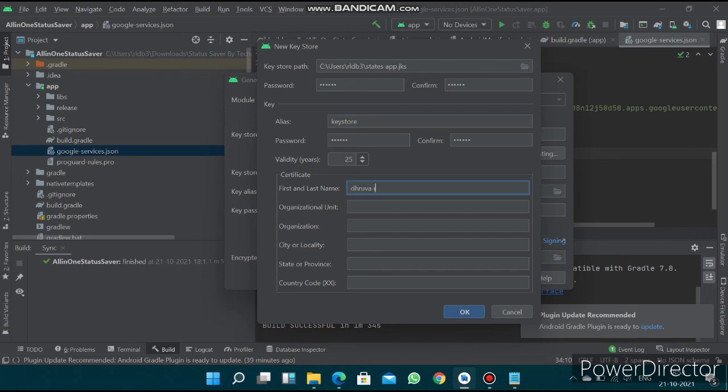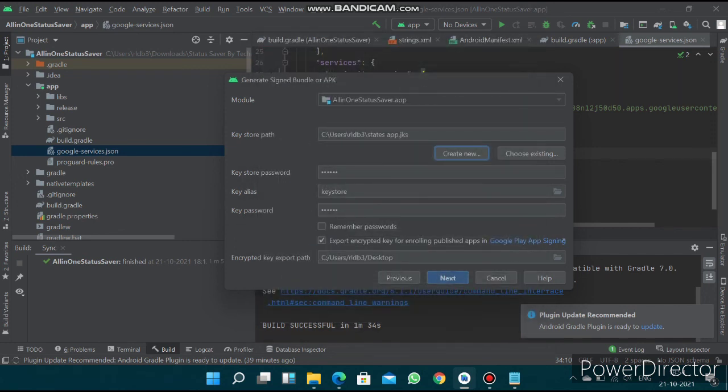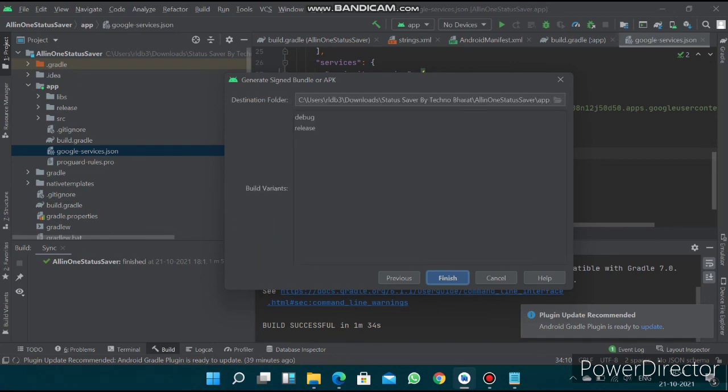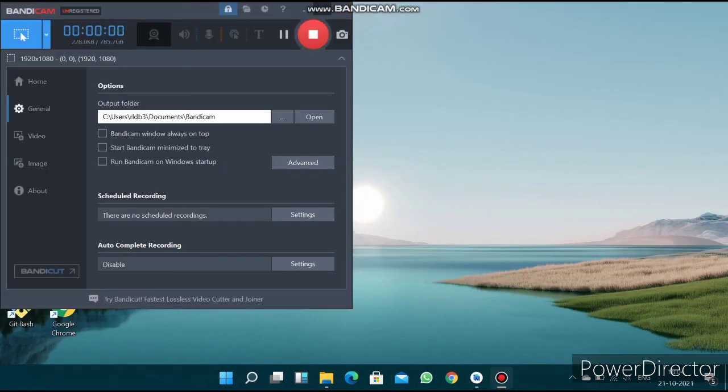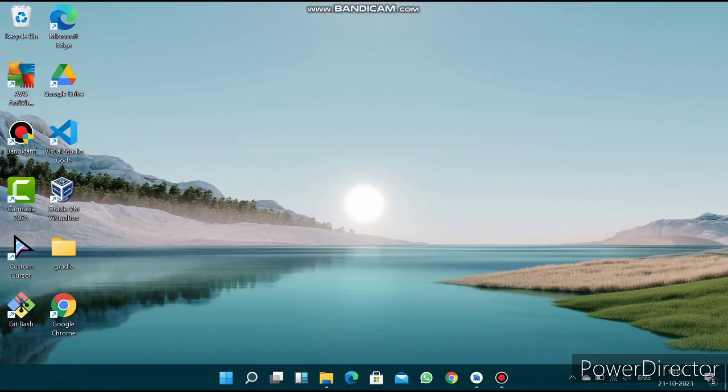Write your first name and last name, write country code, click on OK. Click on remember password, click next, and at the next page select release and click on finish.